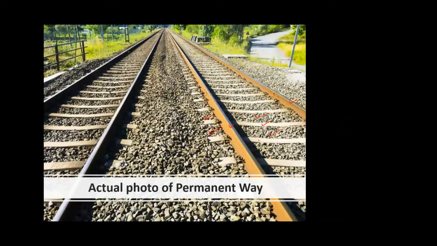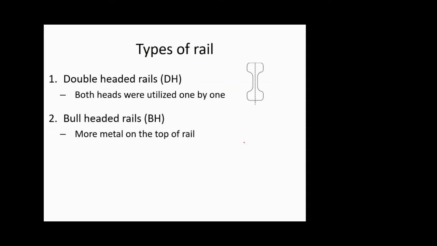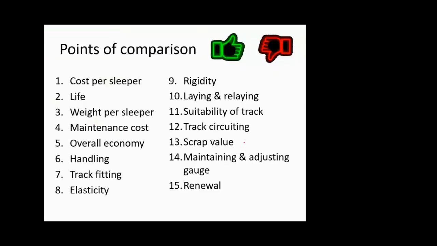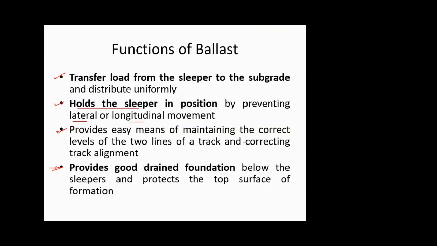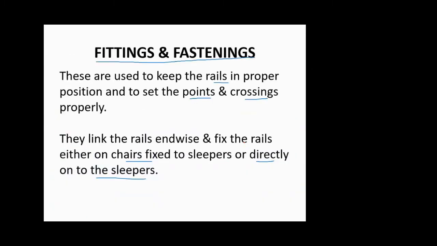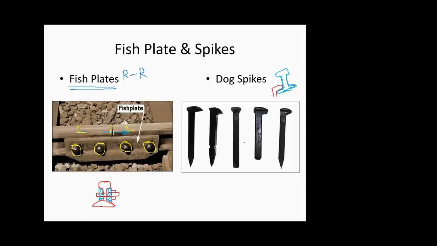And the main use of ballast is to hold the sleepers as well as to provide good drainage to the permanent way. Then we saw the components which are used for joining rails to the sleepers as well as rails to rails. So we saw the fish plate for that. So that's all with the components of a permanent way. In detail we have discussed it, and whatever is the reading part I leave it to you, so that you'll just go through it and understand it. Conceptually I have tried to cover everything.